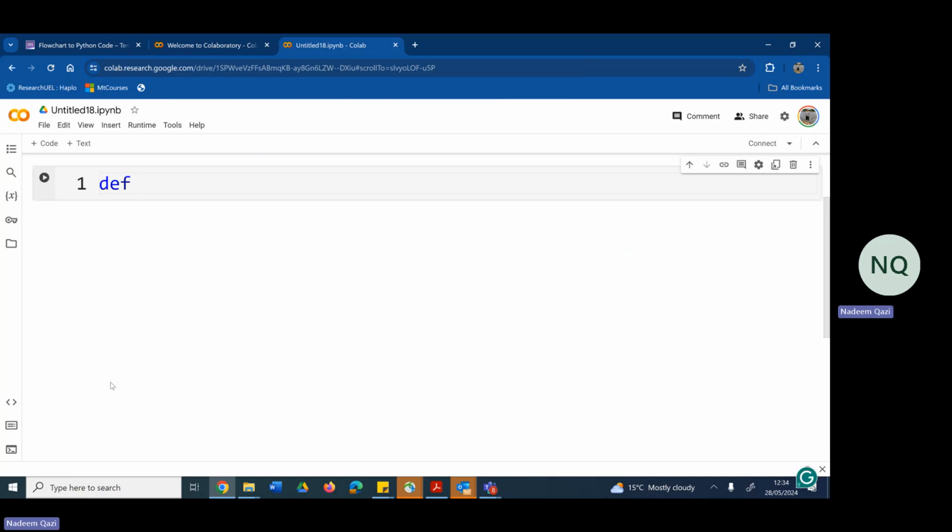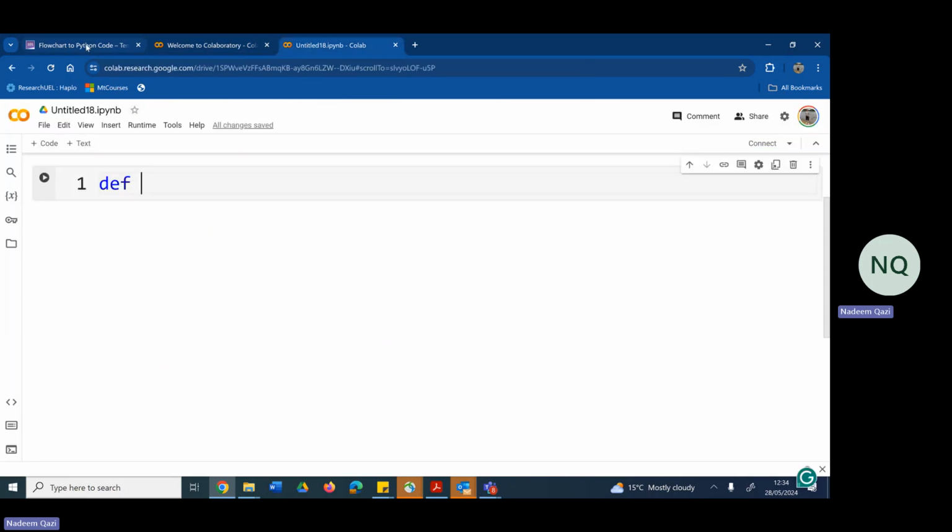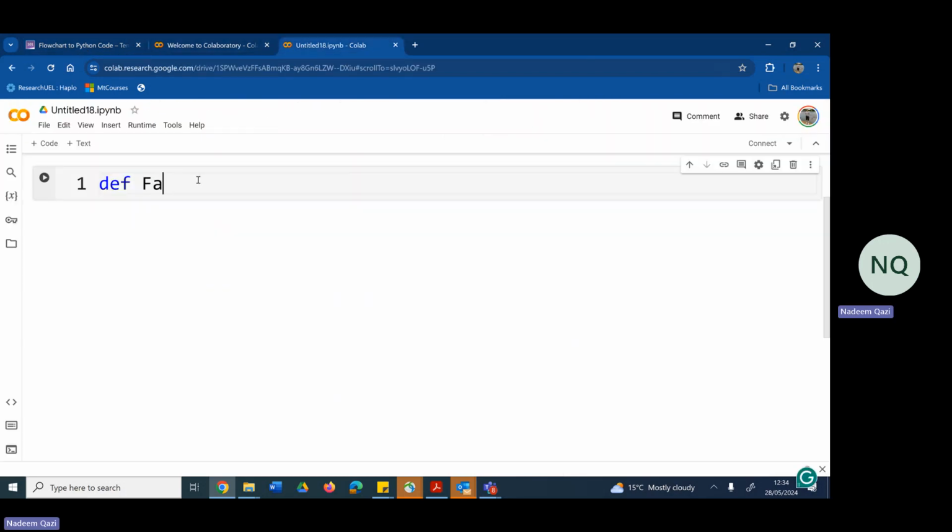We are first converting Fahrenheit to centigrade, so I will name it Fahrenheit to centigrade. This means this function will take one parameter, and that parameter is Fahrenheit, isn't it? So this is a parameter that is passed to this function, and we name it